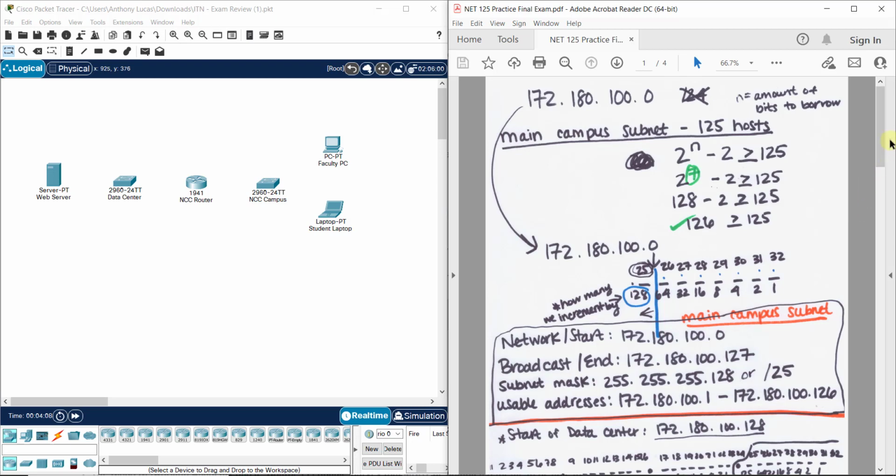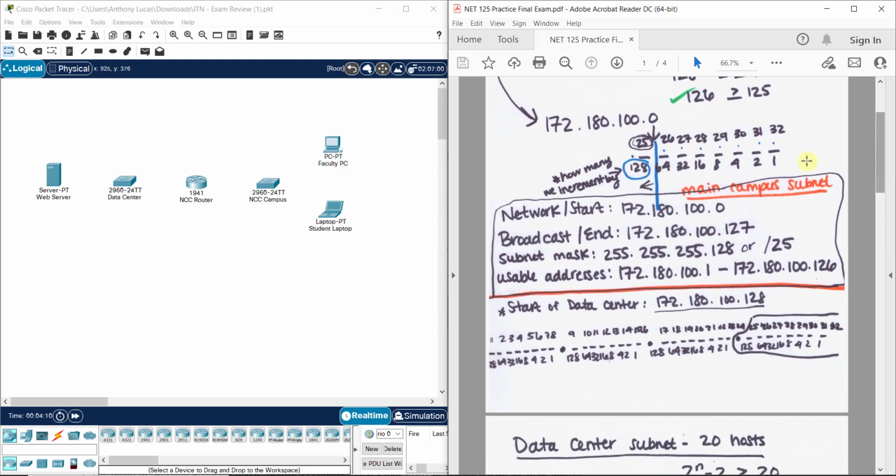So where we draw our line, you can see right here, right? To the right of that line, we should have 7 bits used or borrowed, and I like to put little dots over mine, and you look directly to the left of that line to that 128 number. That is what we are incrementing by. So if we start at 172.180.100.0, the start of our next subnet, if we're incrementing by 128, will be